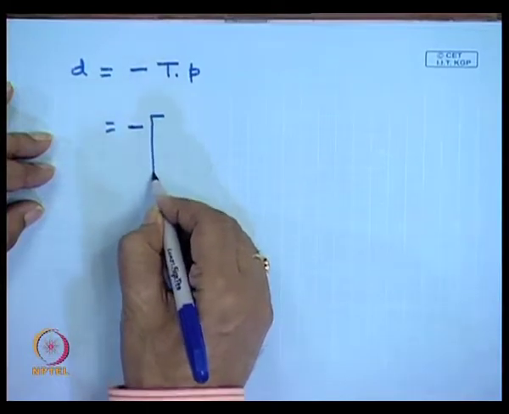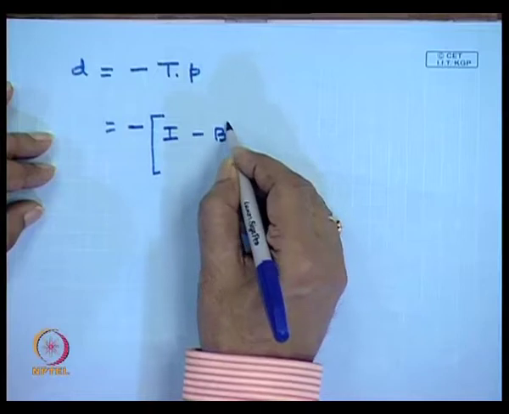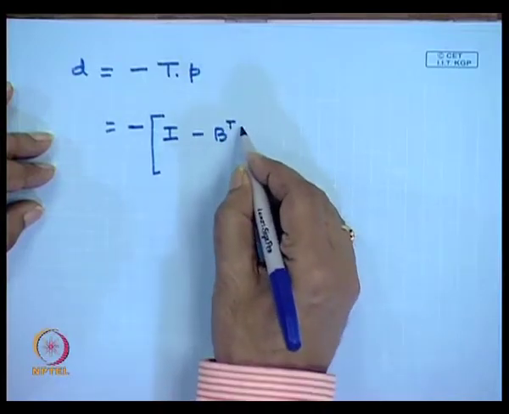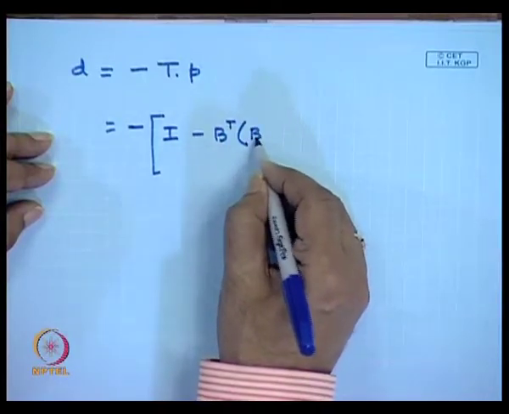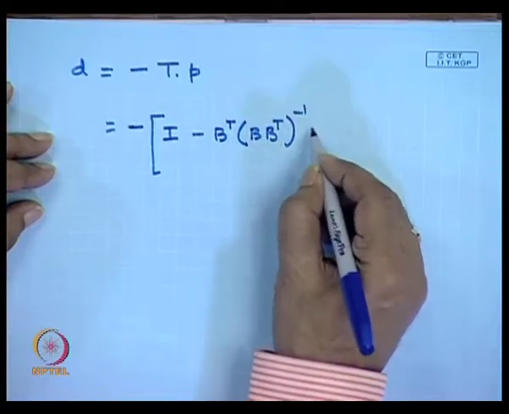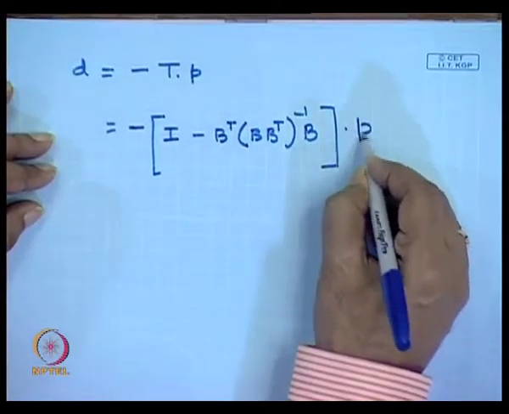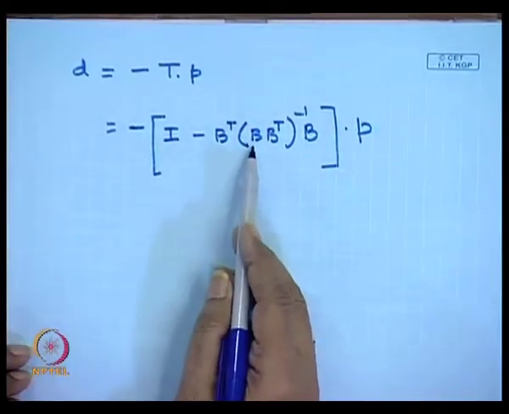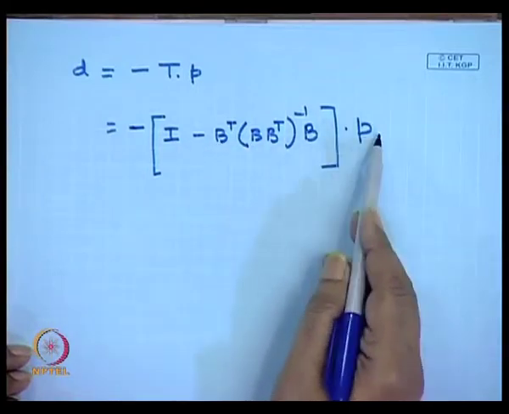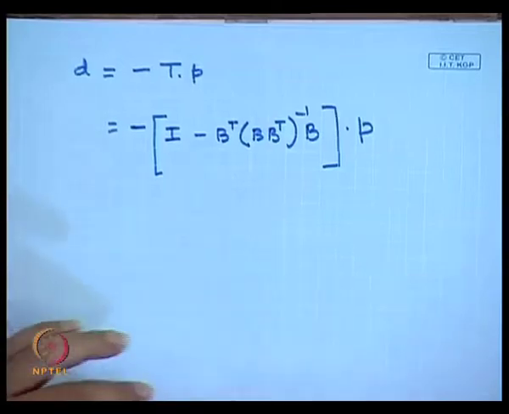T is nothing but I minus B transpose, B B transpose whole inverse B, into p. So, you put the values of B and p, which you know, and you will get the directional vector. So, I will continue